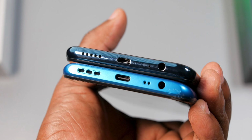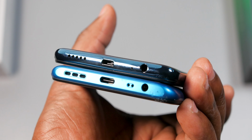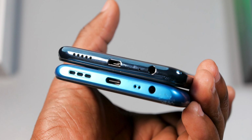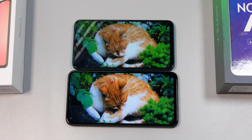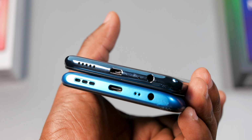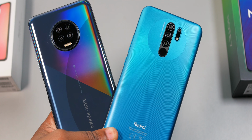Moving to the external features of both smartphones, Redmi 9 comes with a USB Type-C port, while the Infinix Note 7 comes with a micro USB port. Other features that the Redmi 9 has that the Infinix Note 7 doesn't are the IR blaster and the secondary microphone for better audio when you're recording a video. Infinix Note 7 has stereo speakers that are louder and richer than the mono speaker on the Redmi 9. Both smartphones have a 3.5mm audio jack, dual SIM memory card slot, and quad cameras with an LED flash at